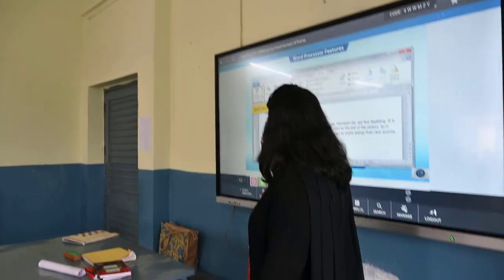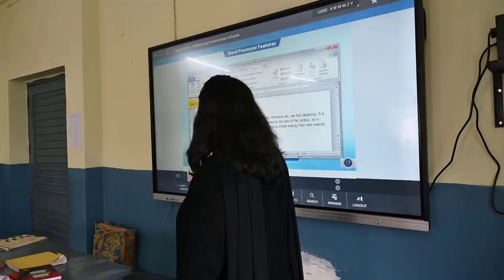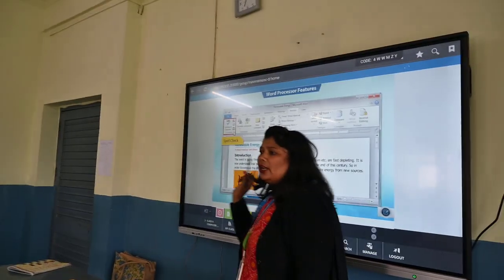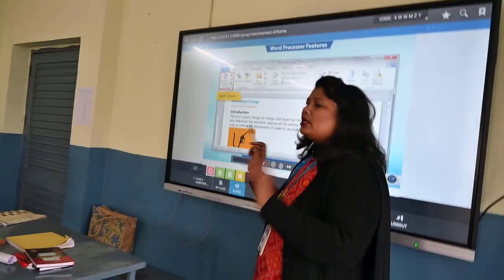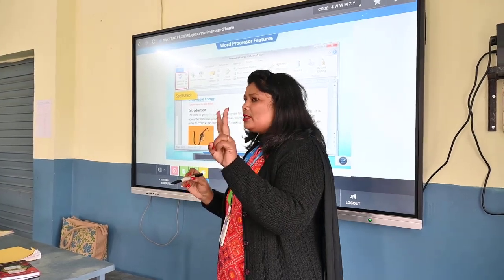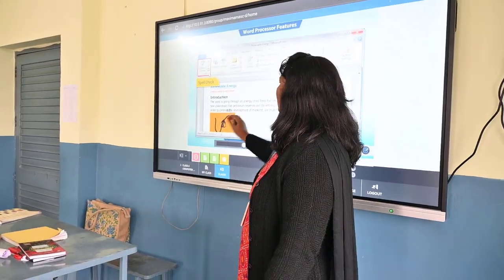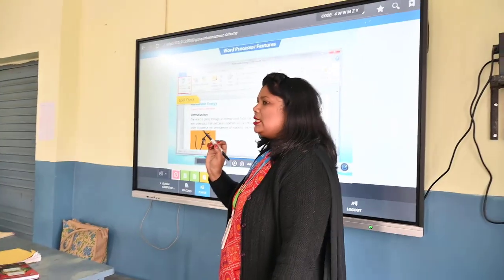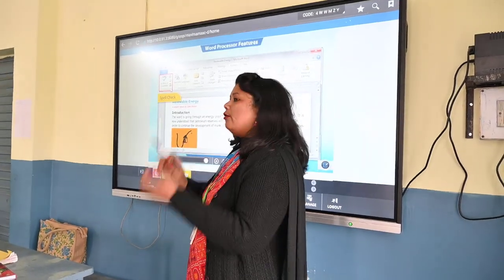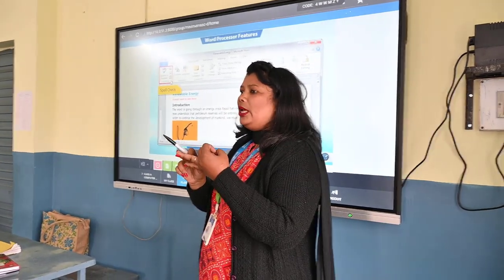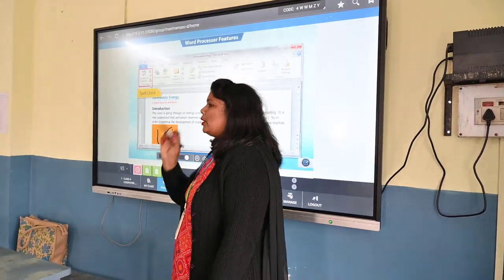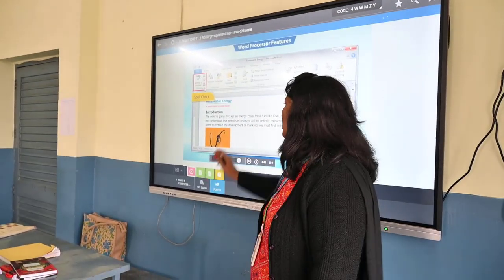Look here. Suppose when you are writing, if you have made a mistake in the spelling of energy, what will happen? Which line will come? Green wavy lines and red wavy lines. There are two wavy lines, right? Green and red. One is a grammatical error and the other is a spelling error. Suppose there is a spelling error, what will happen? Your computer will show you some suggestions.